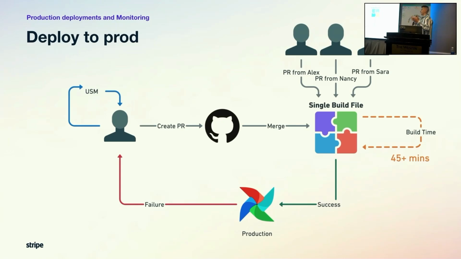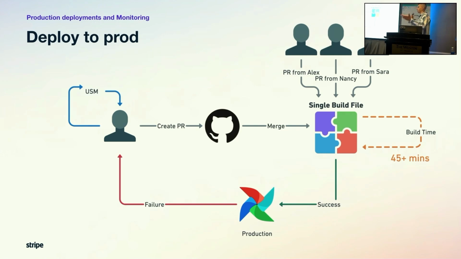So USM mode is done, testing was done, a user created a PR, verified the changes, everything is good to go, and it comes to how to deploy to production. Our production deployment pipeline is pretty straightforward and probably like a standard one. However, we have a small addition in the sense that we use a monolithic repo and we deploy and build all the PRs coming from all the users of Airflow and our data platform, which means a single build will include PRs from many users making changes over the last couple of hours, and the whole build time in our case takes about 45 plus minutes,